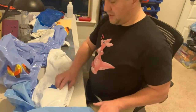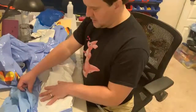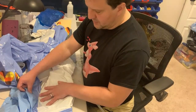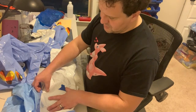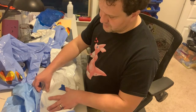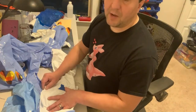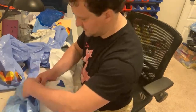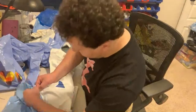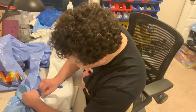I think what I might do is bring these down just a little bit, so that instead of 8 inches in the back, maybe I could do an inch down here on the front, an inch on the other side, and then 6 inches on the back. I think that would probably work a lot better. It'll even things out. So I'm going to take these things and see if I can tear it just a little bit further,